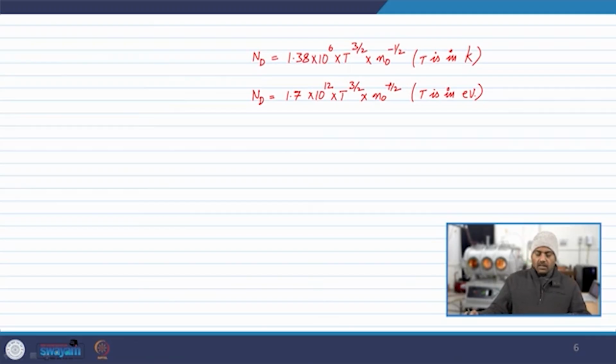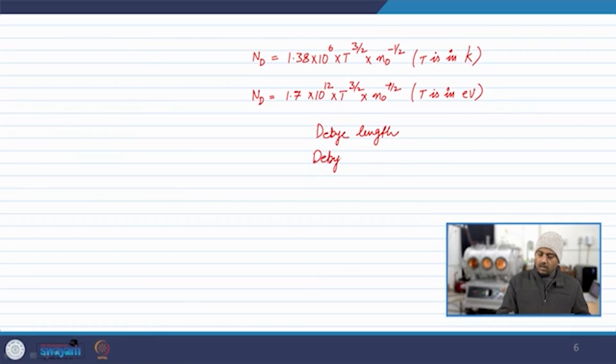Now, you see the number of particles inside this volume seems to be inversely proportional to the number of particles per unit volume. So, if you have a very dense plasma, the number of particles would be small, but on the other side, if you have a very weak plasma where n_0 is very small, the number of particles inside the Debye length would be larger. That means you will require more particles to be present to neutralize the positive charge that is there inside, right. So, this is our discussion conclusion about Debye length,